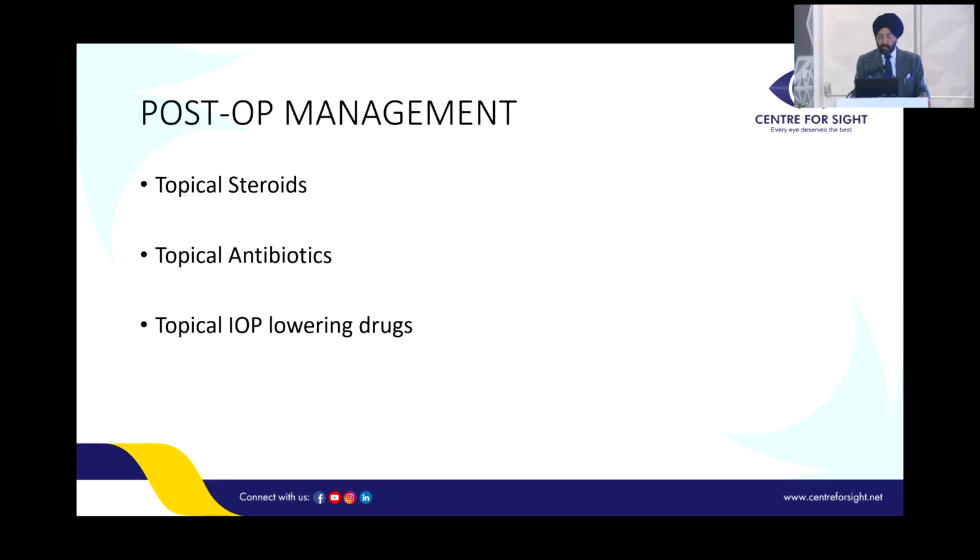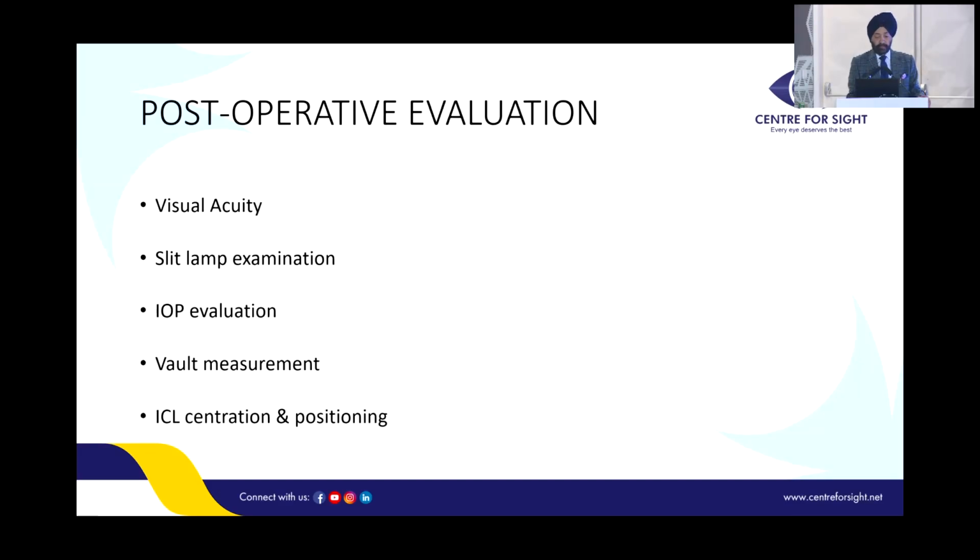As Partha left, he puts in the implant. The post-op management is steroid and antibiotic drops, and also medication to lower the intraocular pressure. In the immediate post-operative period, these are the things that have to be evaluated. What is the visual acuity of the patient? I don't promise or say anything to the patient, but since we are dealing mostly with high myopes, because of the elimination of the minification factor of the glasses, they normally tend to gain one line of vision. So if you're doing a minus 14 or a minus 16, and the BCVA with glasses is 6/9 parts or something, he or she may end up with 6/6, and that's something like a bonus.